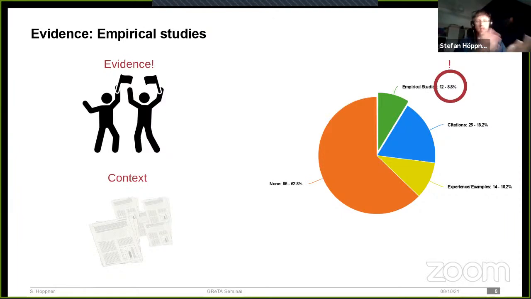So either the claim was stated within the publication as a result of the study, or it was the subject under consideration. Moreover, of the 58 publications that we considered, only 4 were empirical studies. So there's a sort of mismatch between the foundation research and the empirical research to try and underline the research.